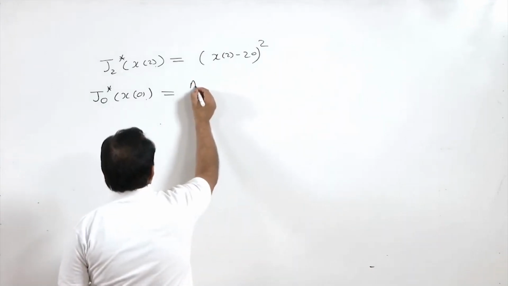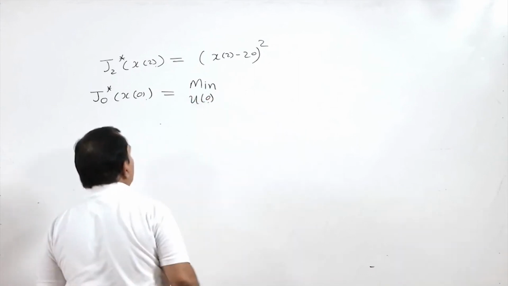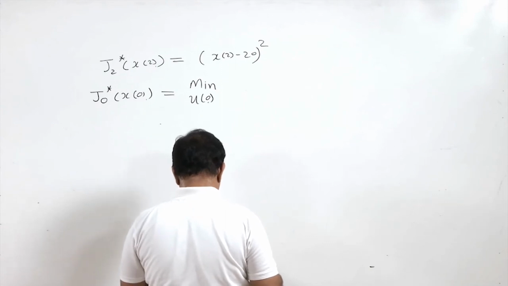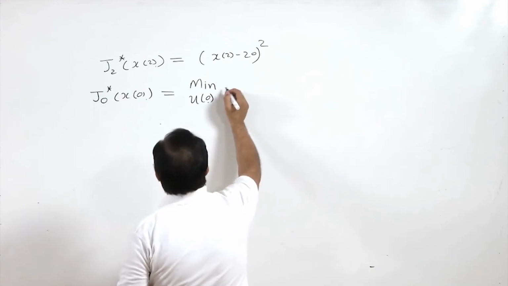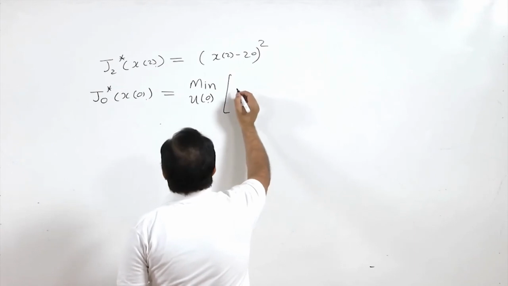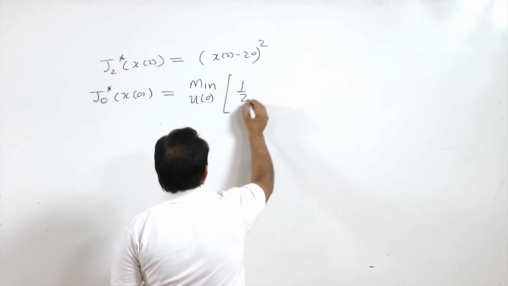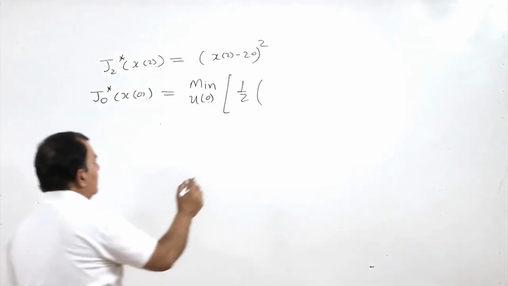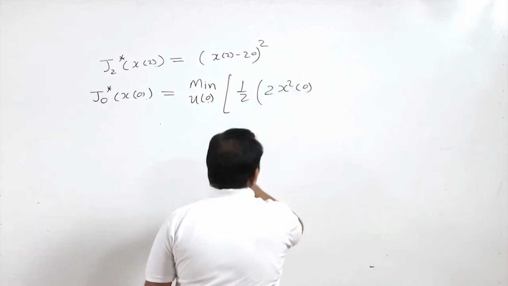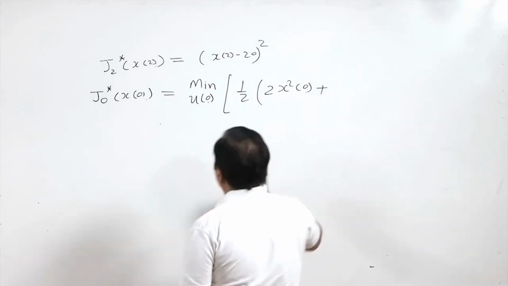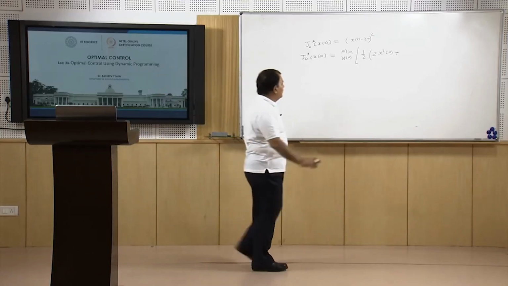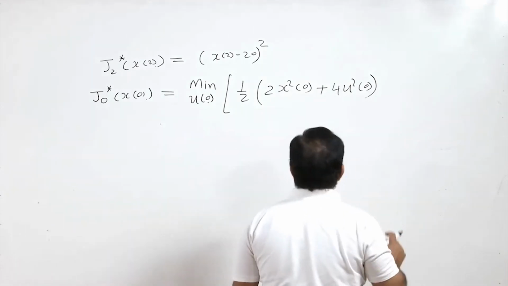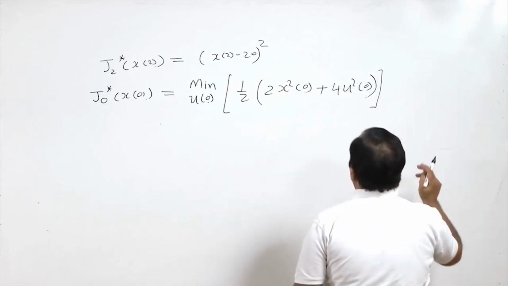So, this will be the minimum over u0 of half of what we have considered here, half of 2 x0 square, plus 4 u0 square, plus